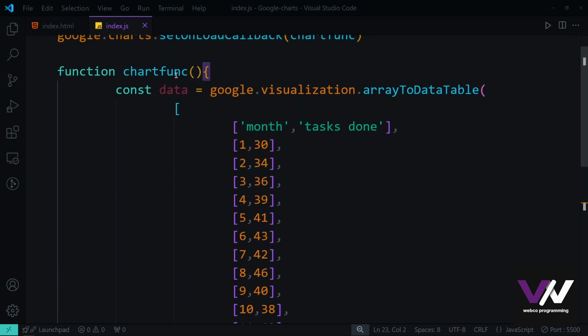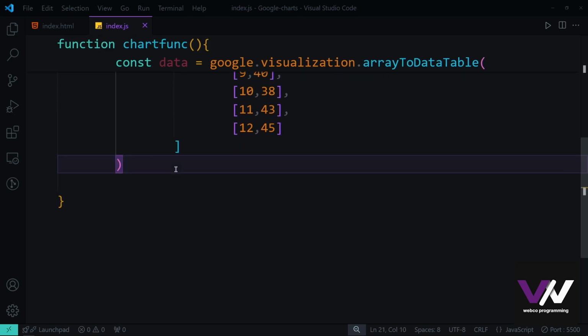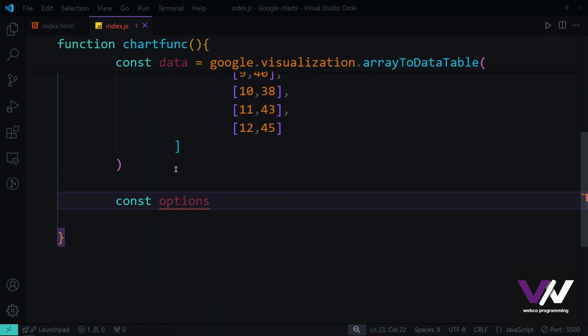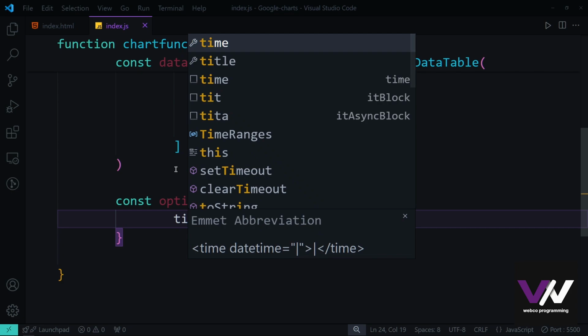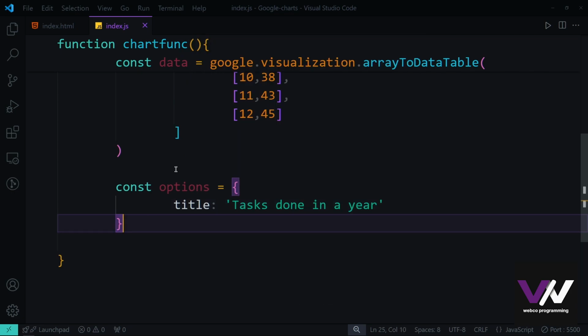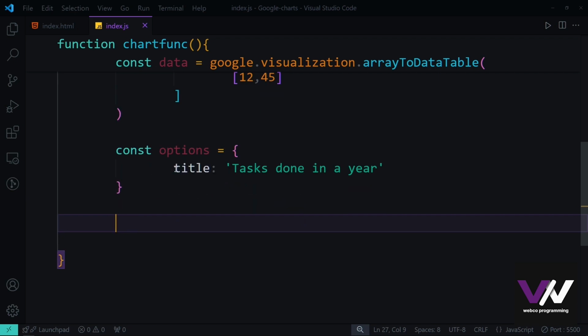So after this variable that we have right here, we're going to have another variable with the name of options. And this is going to be a simple object with some properties inside of it. For example, let's say here we have this title to be tasks done in a year. And then after we have set these two things, inside of our chart function right here, we're going to draw